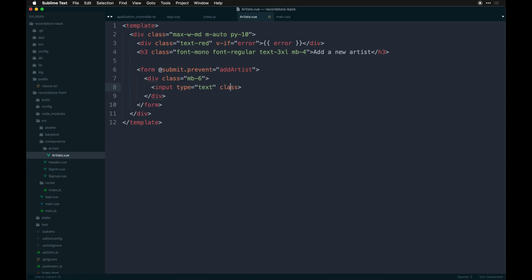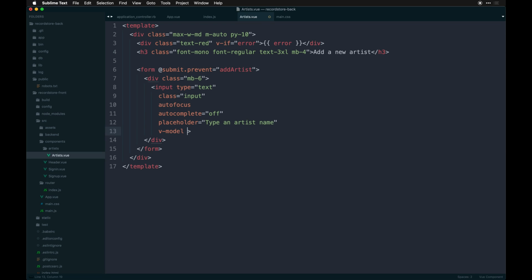I don't know why I did that. Of class of input. This got a lot of attributes, so I might do something like this. Auto focus, auto complete, off. You can do these things in HTML. Placeholder will be type and artist name, and then we'll have a V model of new artist name. Okay, so with that, that's accessing our model artist and then assigning a new name to it